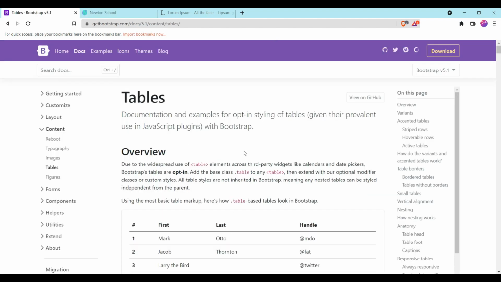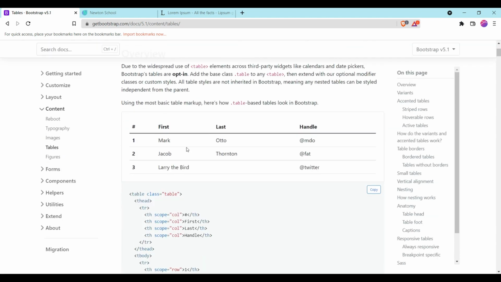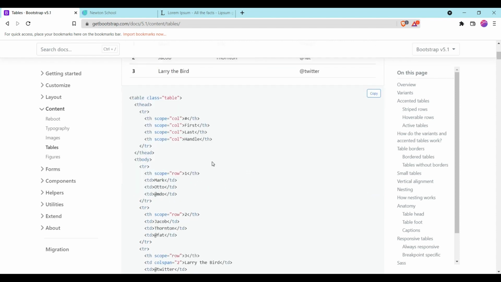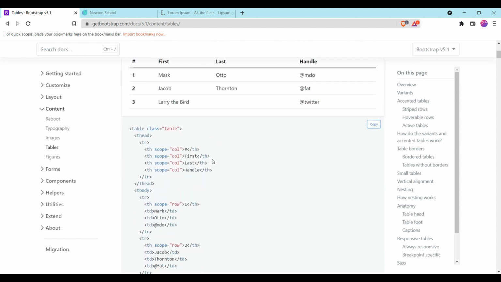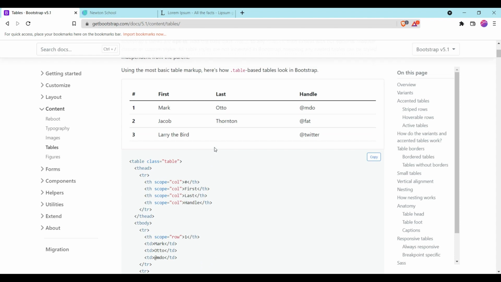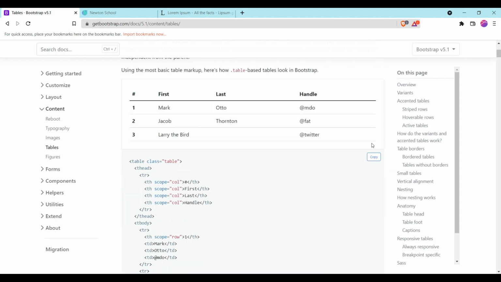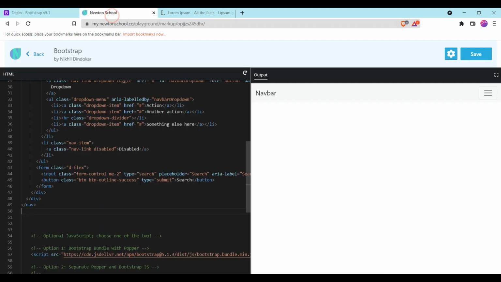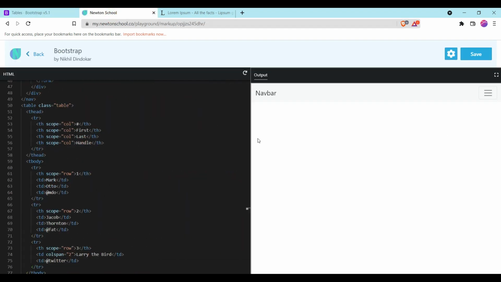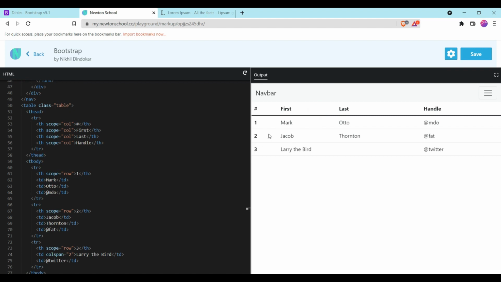If you want to add a table in Bootstrap, you can simply come here in the content section. There are tables. You can simply copy and paste the table and edit as you want. Let me show you this table. Let's paste that code, and you can see how this looks.